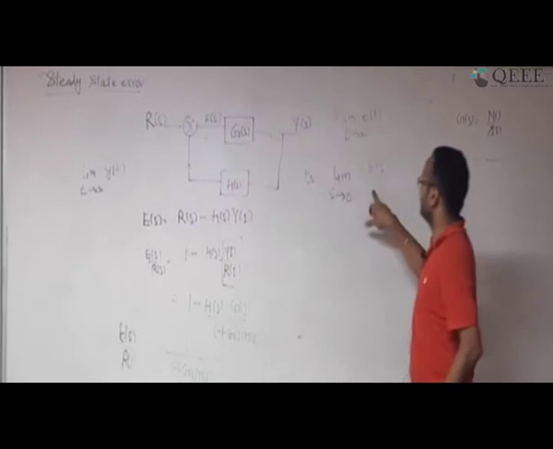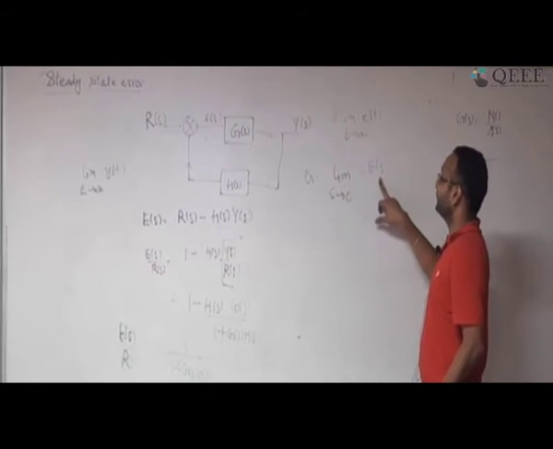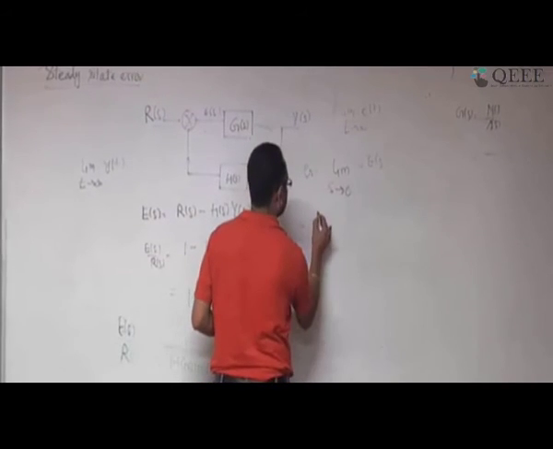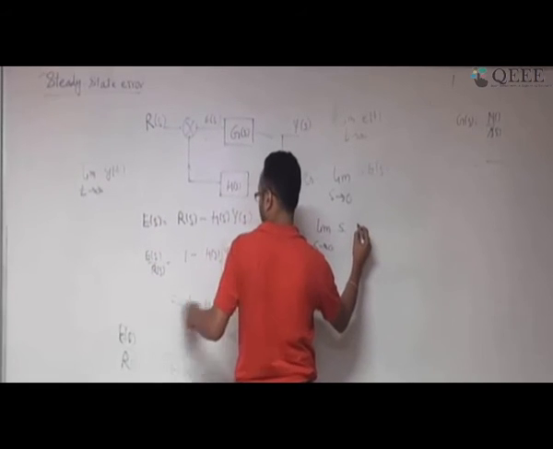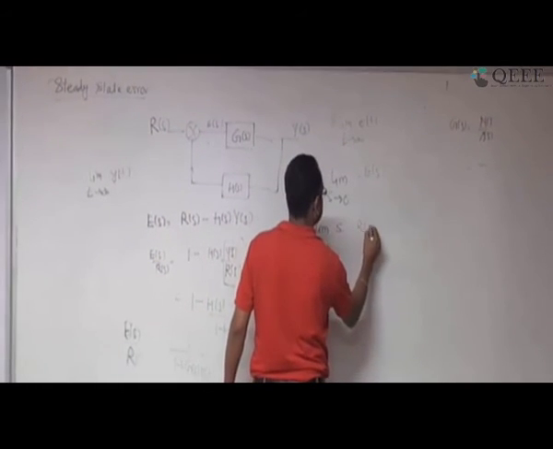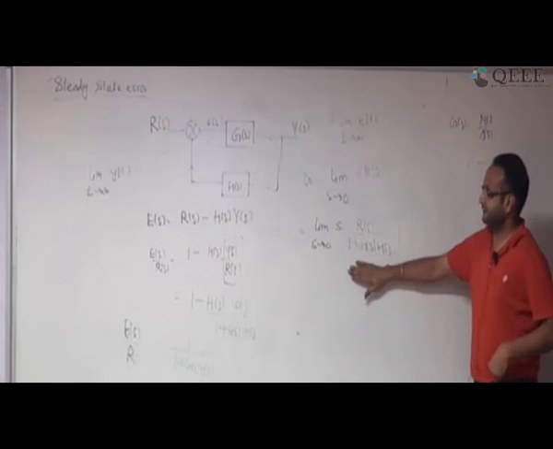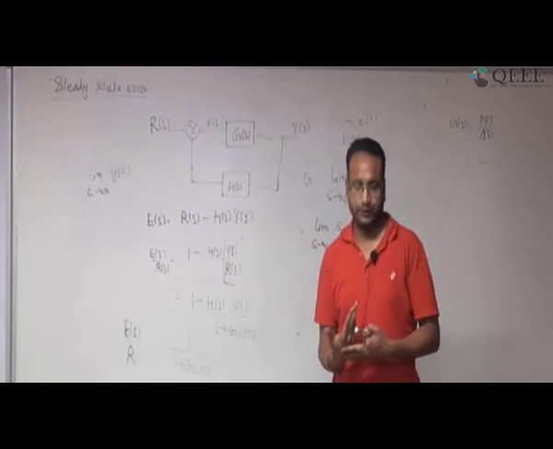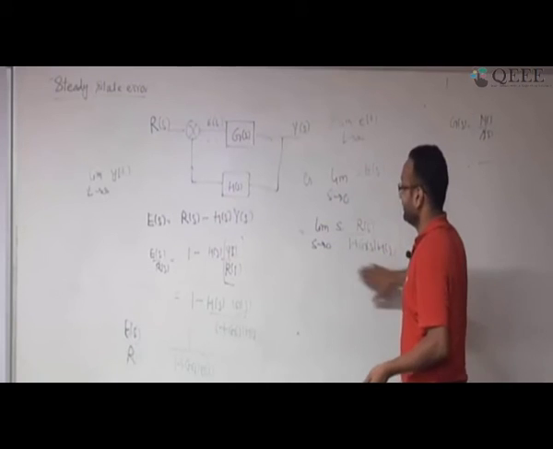So using final value theorem, I have written the steady state error as limit S tends to 0, S of E of S. Okay. So now if you look at it, it is going to be limit S tends to 0, S E of S is what? I can get it from here, R of S over 1 plus E of S, H of S. So this is what I am going to analyze. Steady state error, correct? Till now I was talking about the steady state value. Now I have moved to a steady state error. Steady state error is given by this relation.